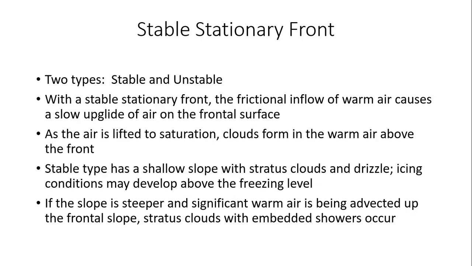And there are 2 types of stationary fronts. There's the stable and unstable. So with the stable stationary front, you get this warm air which rises up and over the surface front, and it causes a slow upglide of air. As the air is lifted slowly and gradually to saturation, you get clouds that form in the warm air above the front. The stable type of stationary front has a shallow slope, more layer-like clouds and drizzle,